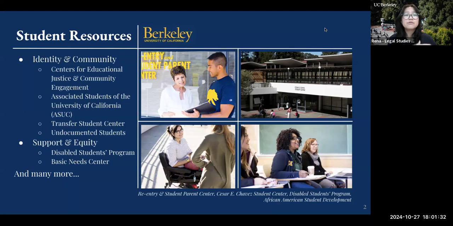So we have a lot of different centers and departments that are dedicated to specific communities. So within the Centers for Educational Justice and Community Engagement, for example, we have the Black Student Center, the Asian American, Native Hawaiian, Pacific Islander Student Center, the Latinx Student Center, all of these things designed to support specific student populations and help with their transition into college,